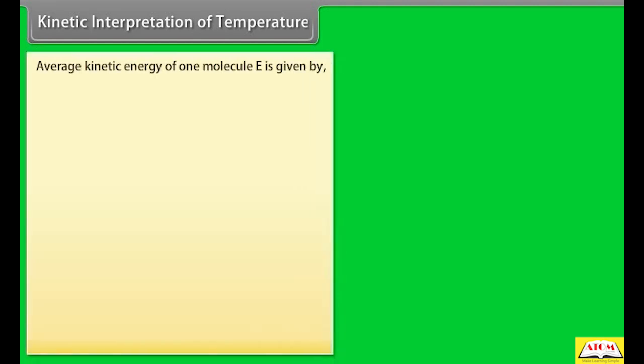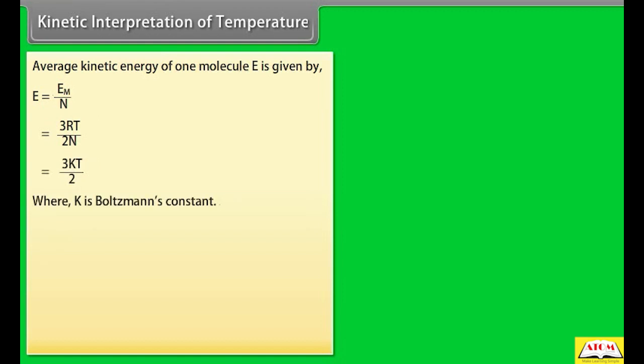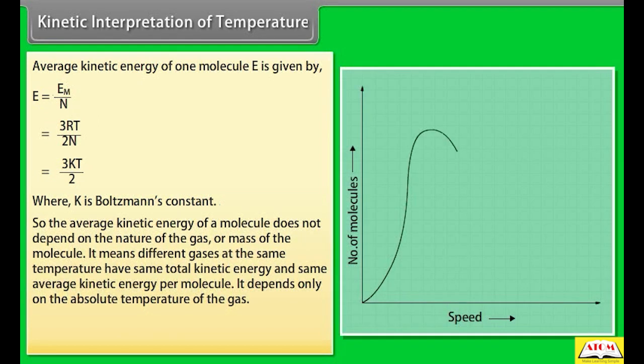Kinetic interpretation of temperature. Average kinetic energy of one molecule E is given by E is equal to Em upon N is equal to 3RT upon 2N is equal to 3kT by 2, where k is Boltzmann's constant. So, the average kinetic energy of a molecule does not depend on the nature of the gas or mass of